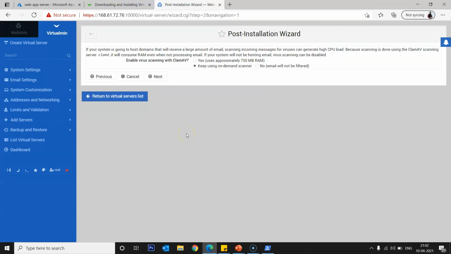So do you want to enable scanning with ClamAV? Yes, because I want to scan my OS and my files. So I always keep the option yes. Next.